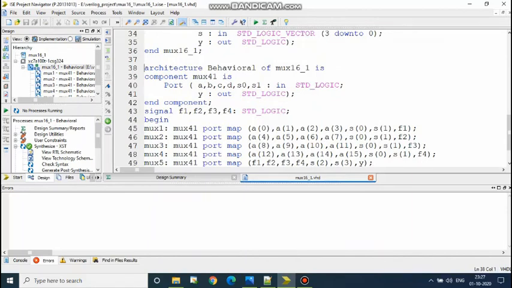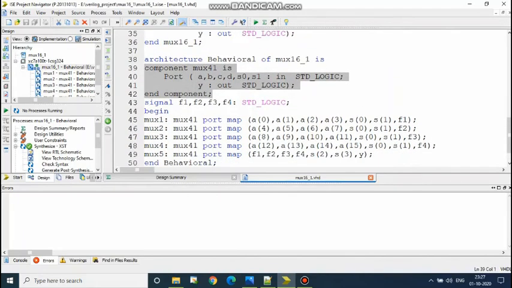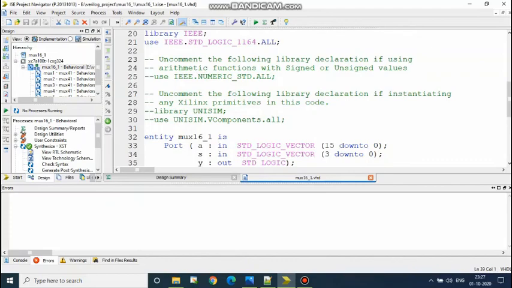Here the 4:1 mux is used as a component, with A, B, C, D, S0, S1. This is the component part which we will be calling in the program, and I have given instance names mux1, mux2, mux3, mux4, mux5, and I have called the component. Then the keyword port map is used, and accordingly I have placed the top module pins with the positions of the component respectively. So this is the structural programming style in VHDL. Earlier I have shown it in Verilog.